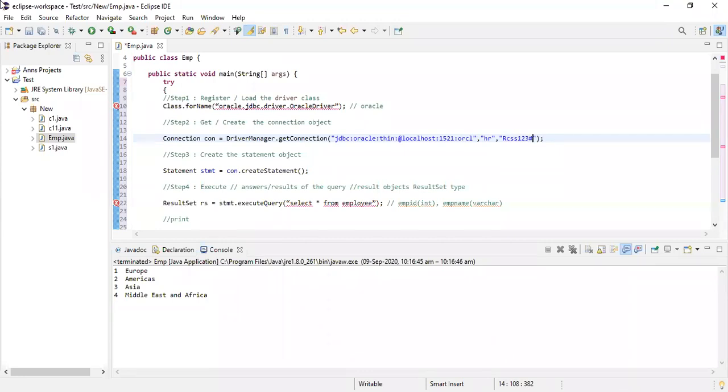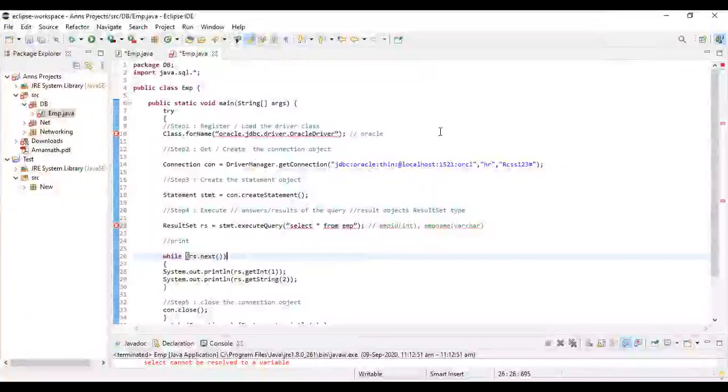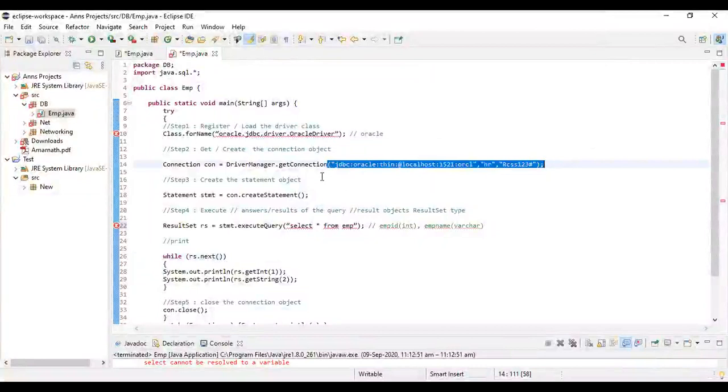Okay, so this will be your connection, your path. So we'll continue. Where did we stop, Rahul? Okay, so now I've set my connection parameters. Now let's see things from the beginning.